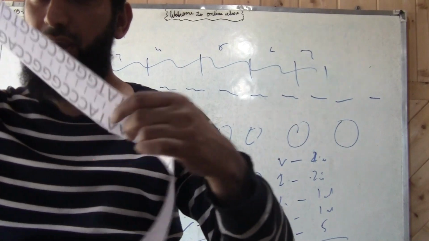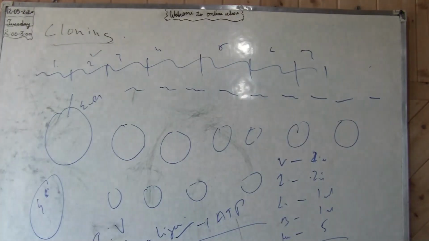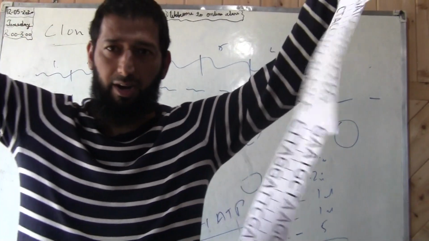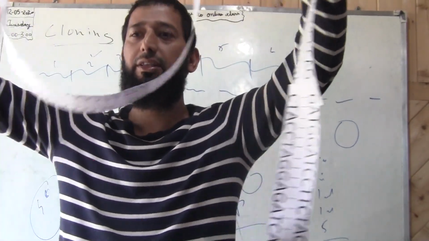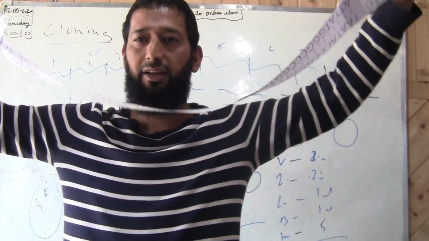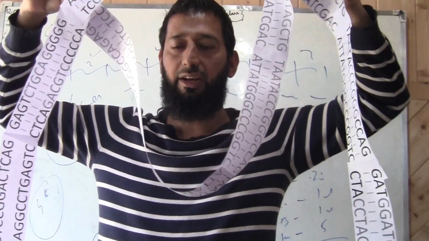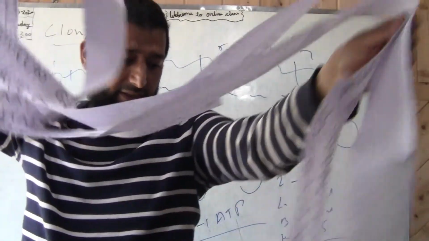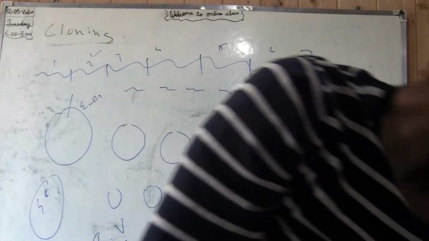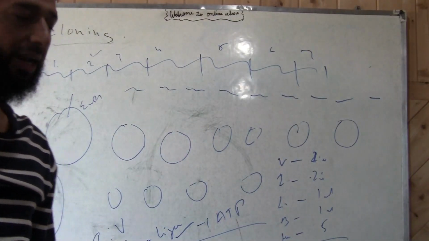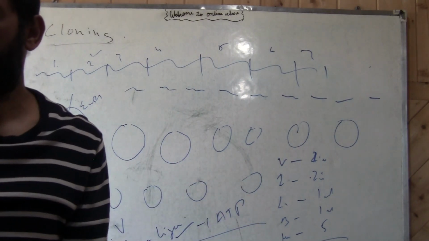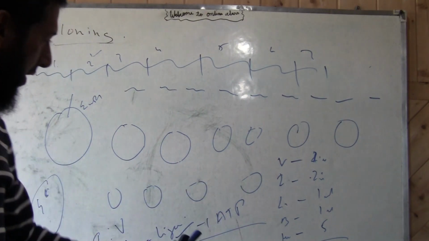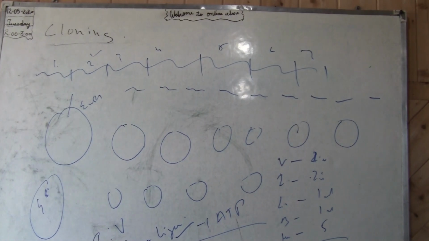So this is one end, and similarly, you have the vector and then you have the other end. So it will be ligated like this. That's why we keep the temperature at 8 to 16 degrees for ligation. Once the ligation is done, we keep it for overnight ligation. Next day we come, we take this mixture,